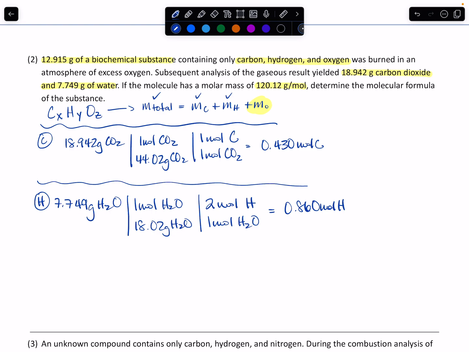Now that's great. We've got the moles of 2 of our 3 elements, but we need the third. To do that, I need the mass of carbon and the mass of hydrogen. So what I'm going to do is an extra step where I use the molar mass of carbon. So 1 mole of carbon atoms has a mass of 12.01 grams, and that's going to give me the mass of carbon within my CxHyOz compound. I'm going to do the same thing with my hydrogen. I'm going to multiply it by its molar mass, 1.01 grams of hydrogen atoms for every 1 mole of hydrogen atoms, and I'm going to get